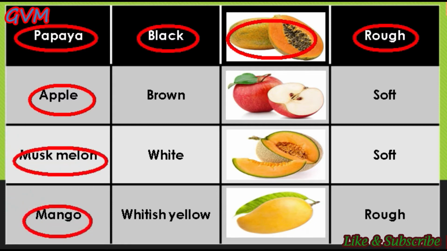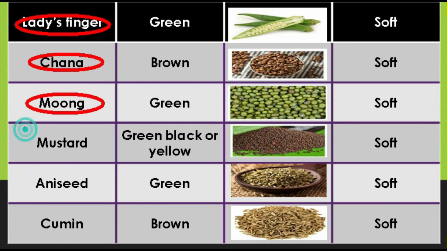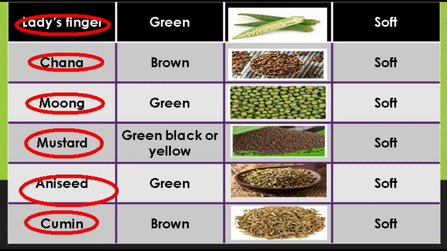As I have mentioned some fruits here, in this way you can take any fruits as your observation and note down in your seed chart. Now students, here I am giving you some more hints for your seed chart. As you can see here, ladyfinger, chana, moong, mustard, aniseed, cumin. And students, if you notice, all these seeds discussed here are easily available at your home,